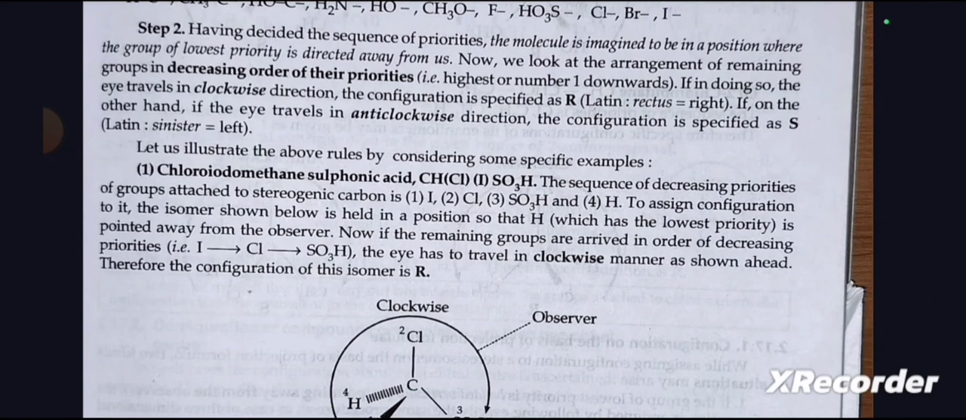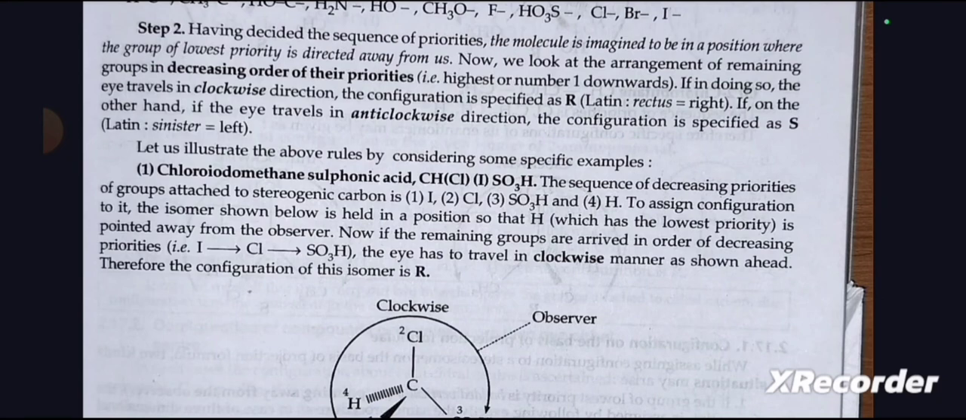Step 2. Having decided the sequence of priorities, the molecule is imagined to be in a position where the group of lowest priority is directed away from us. And now we look at the arrangement of remaining groups in decreasing order of their priority, that is, the highest or number one first, downwards. If in doing so the eyes travel in clockwise direction, the configuration is specified as R